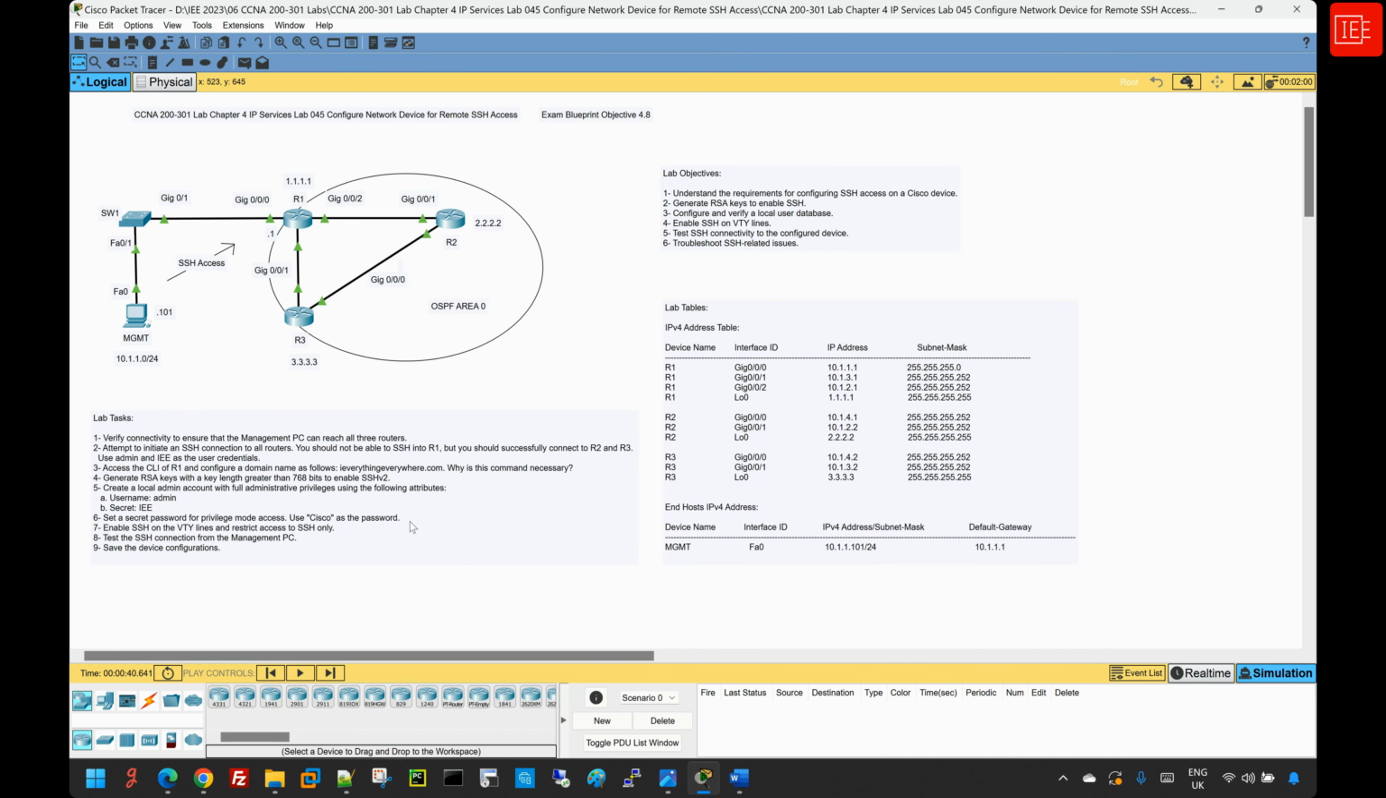Finally, we will test the SSH connection to router 1 from the management PC, and that will confirm if our configuration was successful or not. If the SSH is successful, we can then go ahead and save our configurations, and that will be the end